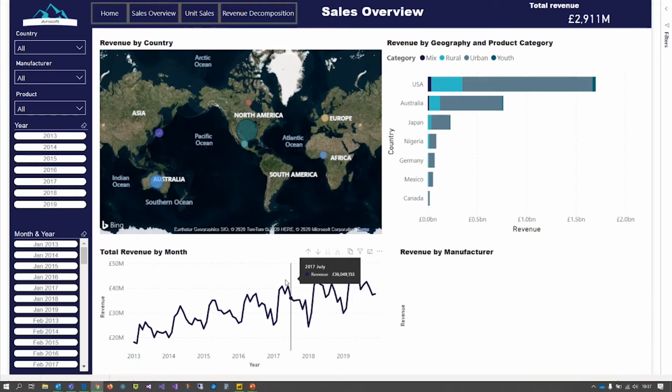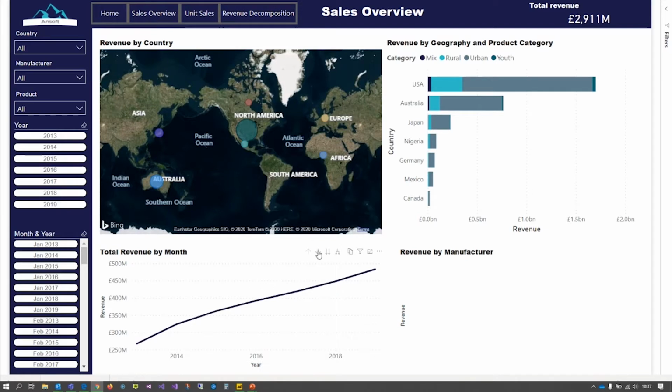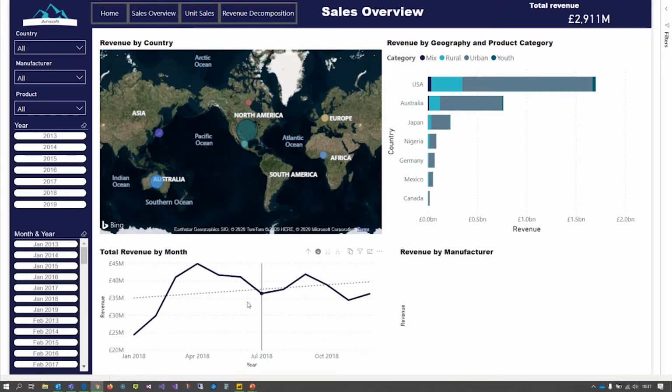So I can see the peaks and troughs very, very easily for each individual section. Or if I wanted to drill down into one specific year, I can see only 2018 and get the general trend for 2018. If I go up again,